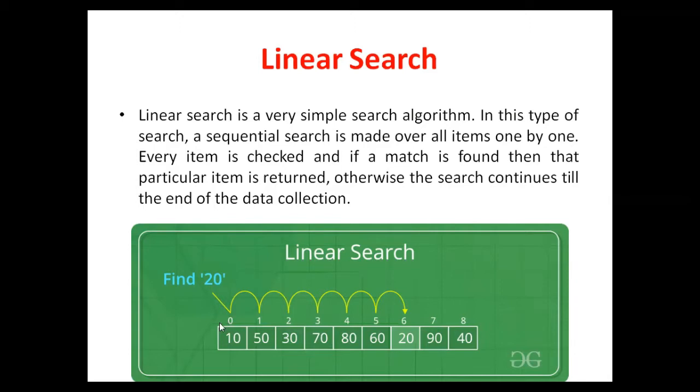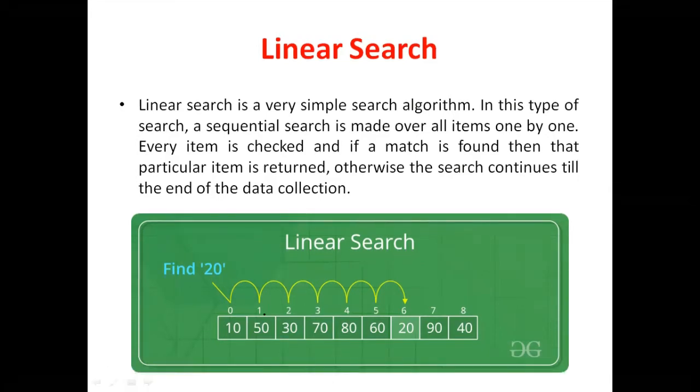Linear search will first of all compare our search key value with the very first location of the array, which is the zeroth position. The value at the zeroth position is 10. So we have to compare 10 with 20. 10 is not equal to 20, so we have to go ahead. Next we check the following location, whether the element is present there or not. There the element is 50. 50 is not equal to 20, so I have to move ahead.